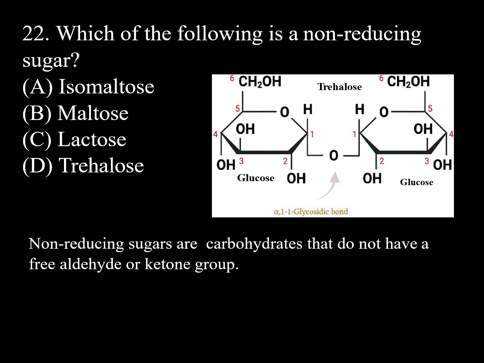Question number 22. Which of the following is a non-reducing sugar? A. Isomaltose, B. Maltose, C. Lactose, D. Trehalose. The right option is trehalose, as trehalose is a non-reducing sugar. So let's first talk about the concept of non-reducing sugars and reducing sugars. Non-reducing sugars are those sugars, as the name indicates, that cannot be reduced further. As in this case, trehalose, if you can see here at carbon number 1 and at carbon number 1,